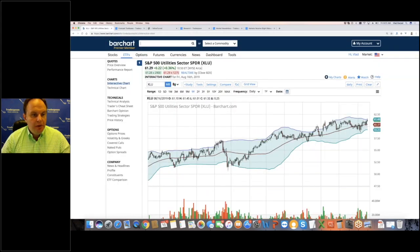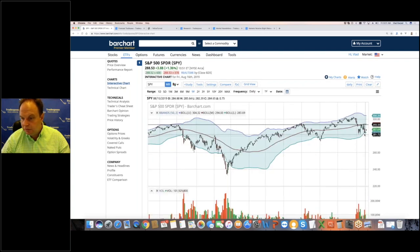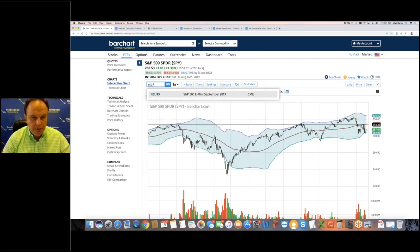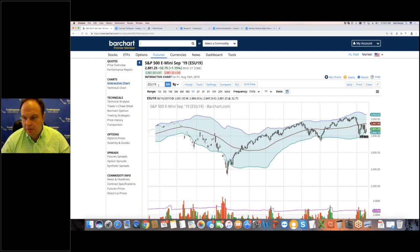So now we just looked at spiders, right? And if you look at the spiders, you might say, well, 50% retracement is at 282, and overhead resistance is 294. But if you look at the futures, which should be highly correlated, it reflects European session, it reflects Asian sessions, right? It reflects Australian market. So all of a sudden here,